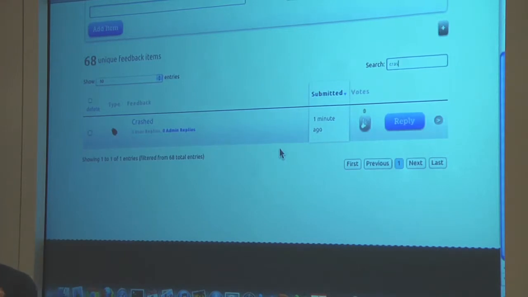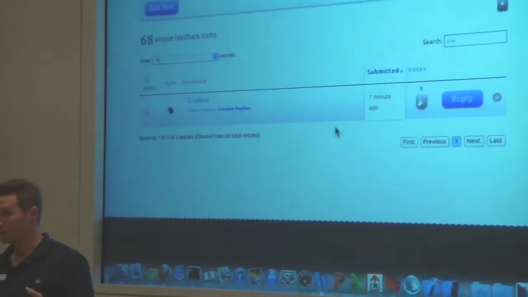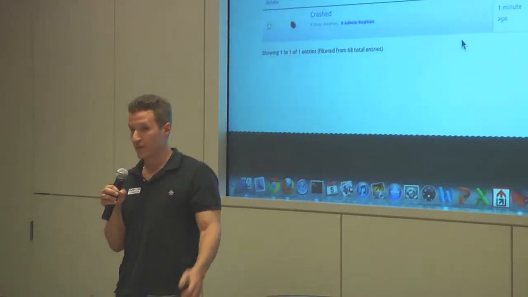An interesting example is, let's say a certain subset of your user base experienced a crash and they stopped using your app. We can let you send out a push notification to all of them saying, hey, we fixed this problem, you should come back and start using the app again. So really what we're doing is helping you drive sales, keep users engaged, and help you out with your customer support. Thanks.